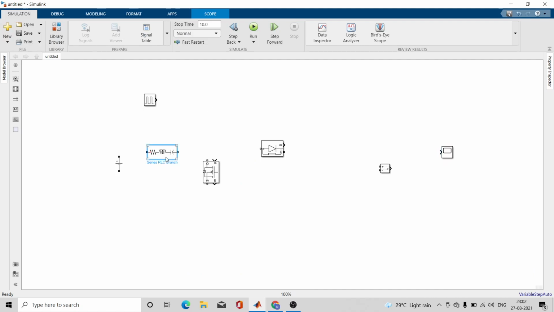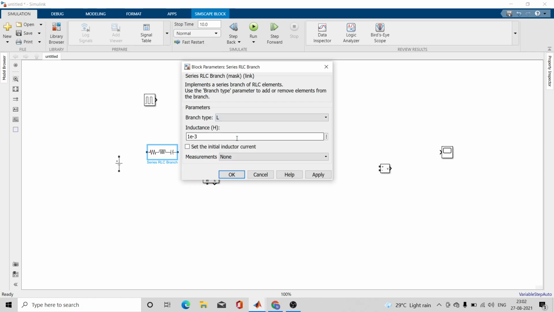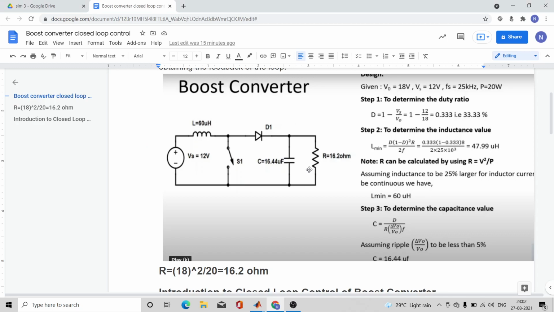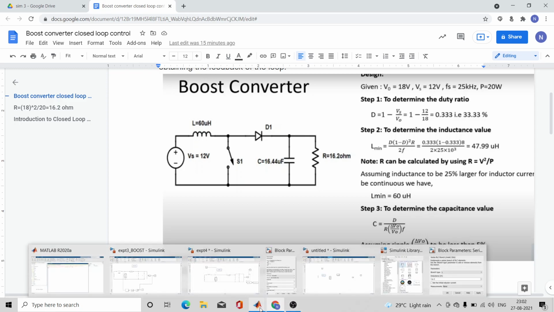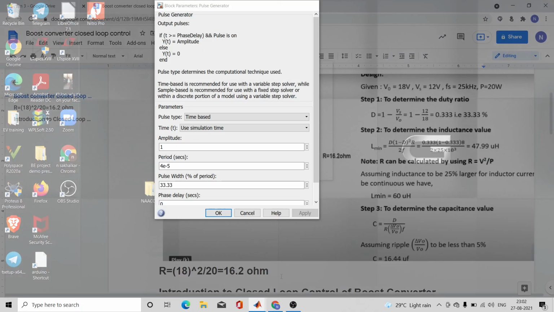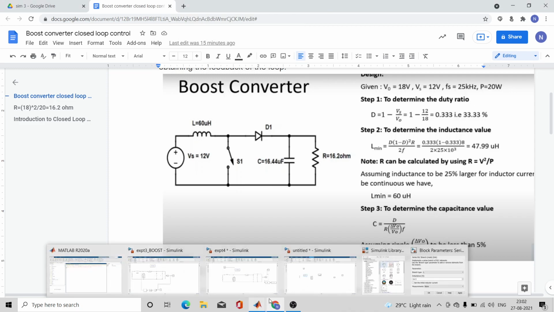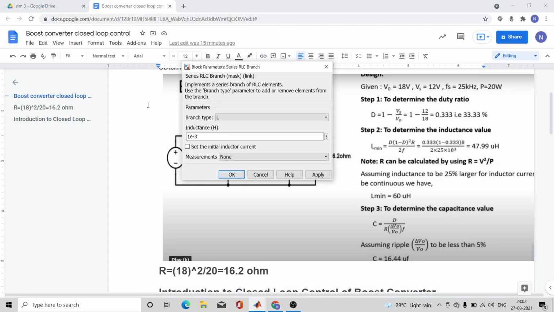You just double click on this. This is the branch type. Instead of RLC, take L. Now you have to put the value of the inductance. You can see in this document that we have chosen the inductance value to be 60 microhenry, so you have to change the value accordingly.